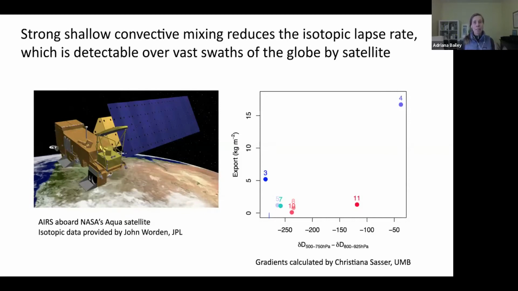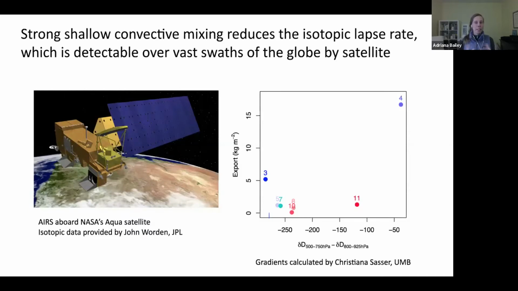Because we're asking, how does this mixing affect cloud cover, which then affects feedbacks on the climate system that affect how much warming we get globally in terms of surface temperature for different greenhouse gas forcings. So one of the questions I've had in mind is whether we can use satellite observations to look at shallow convective mixing on these much wider scales across the tropics. My thinking here has been that when you have greater shallow convective mixing, you can essentially erode the isotopic gradient, or the isotopic lapse rate, in the vertical.